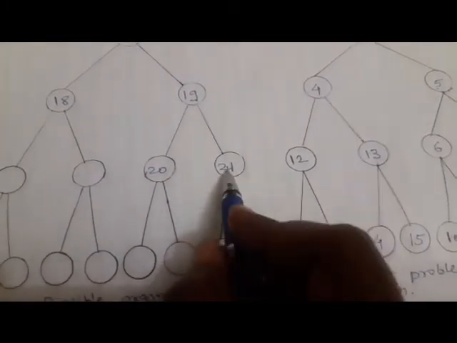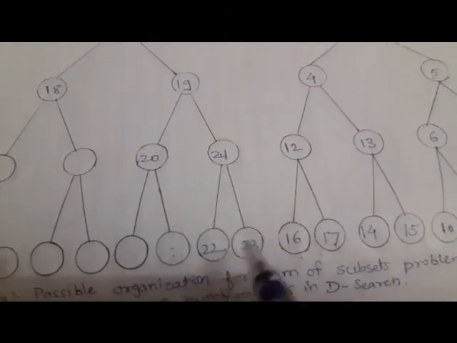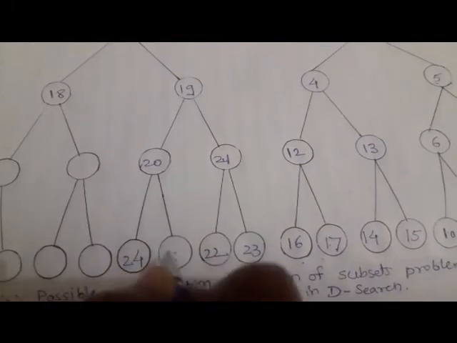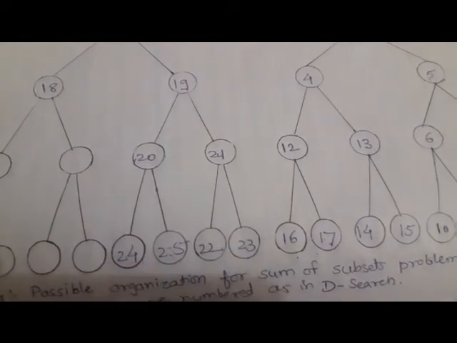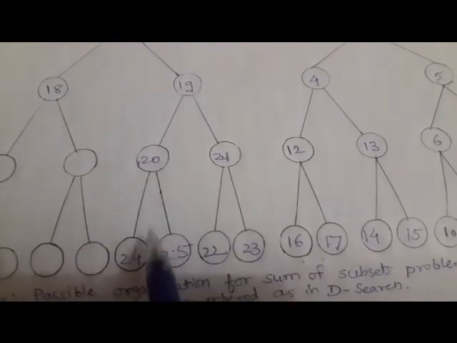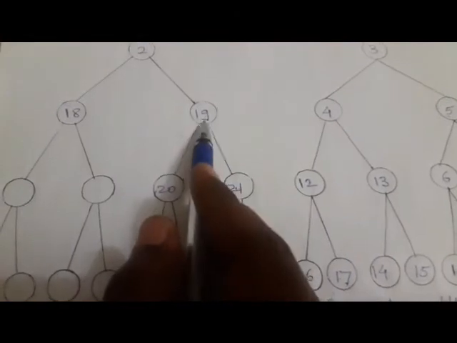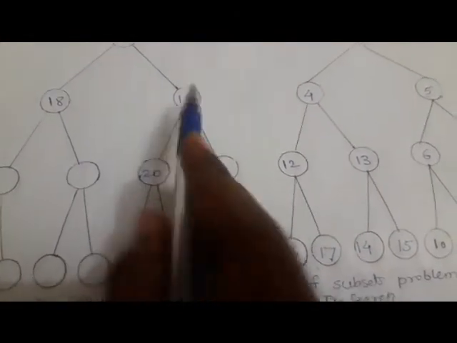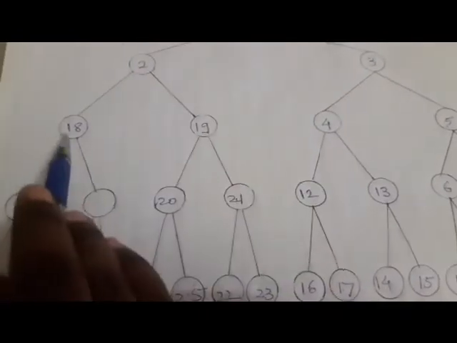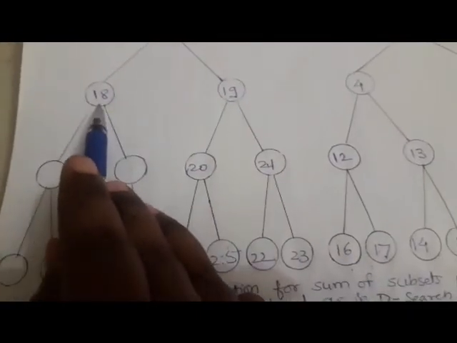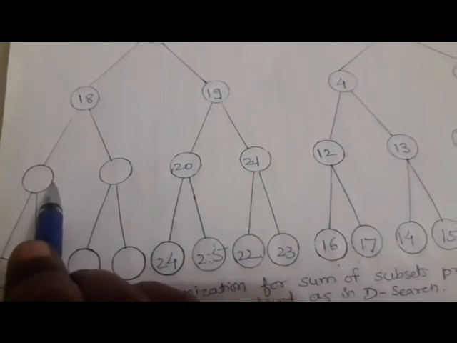Now before this 21 there was 20, and 20 has 2 more childs. So after 23 we give the numbers as 24 and 25. Now after this 20 is completed, its child has given the numbers. Before this 20 we visited 19. So 19's all child are given the numbers. Before this 19 we visited 18. So therefore 18 has 2 childs, and these have not given the numbers.